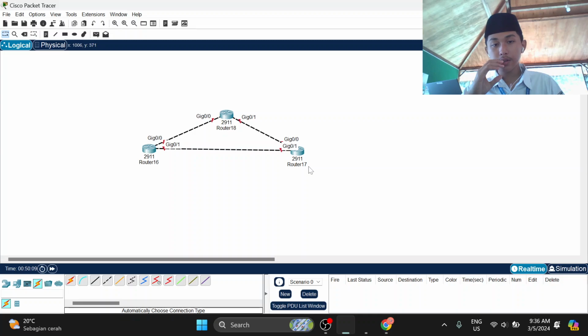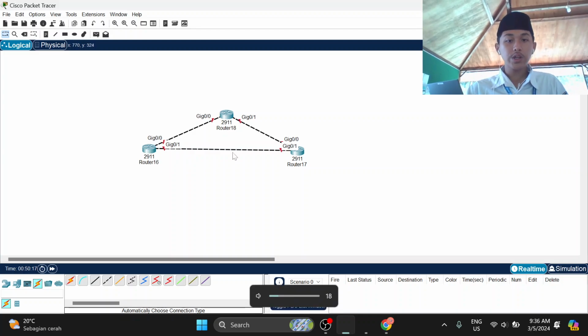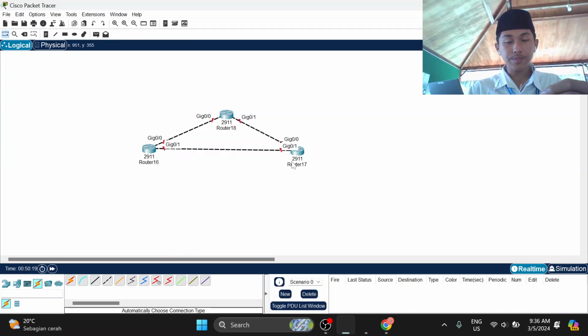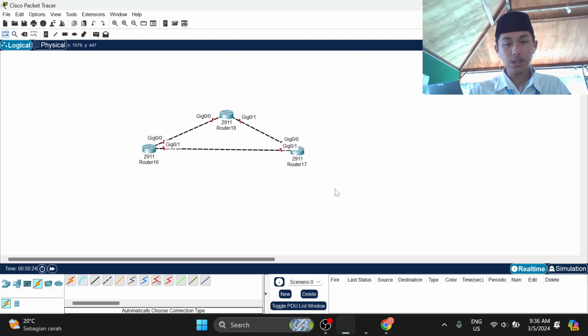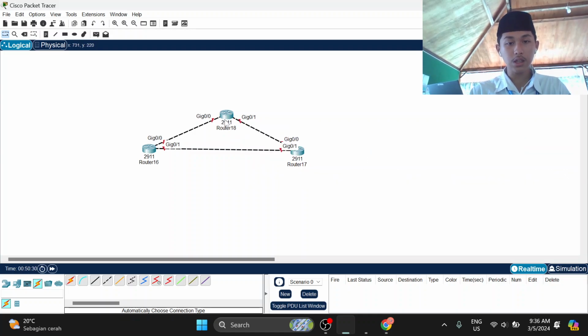With distance vector, the protocol searches for the best way to the destination. Maybe you can use this way, transiting first in router 18 and after that going to router 17, or you will use this connection that goes immediately to router 17.